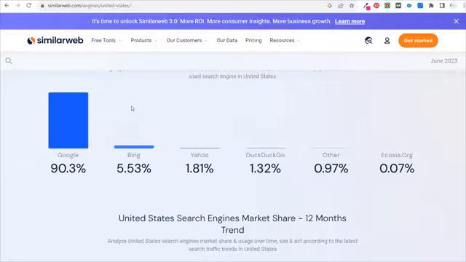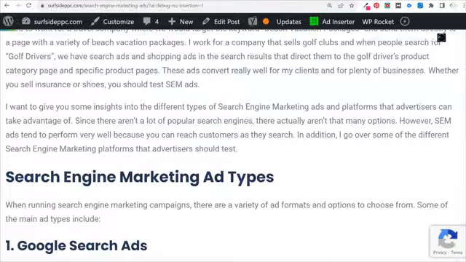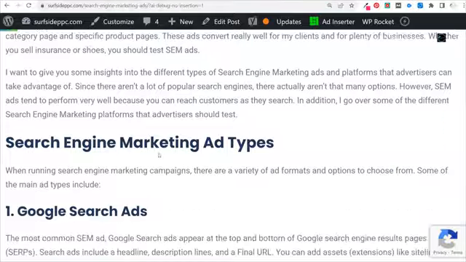Throughout this blog post, I'm going to go over some different ad examples and some different ways that you can target your advertisements. I'm not going to be showing you how to set up advertisements in this video. I will have a search engine marketing tutorial coming out where I show you how to create ads on some of the top search engines. But if we come over here to my blog post really quickly,